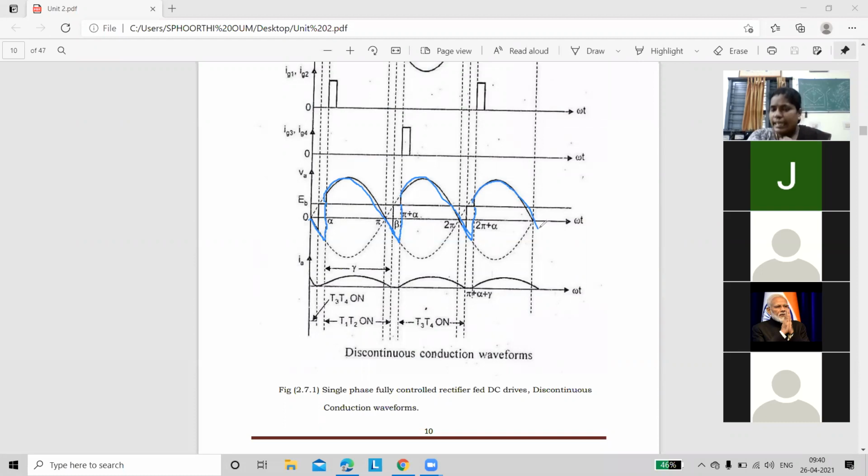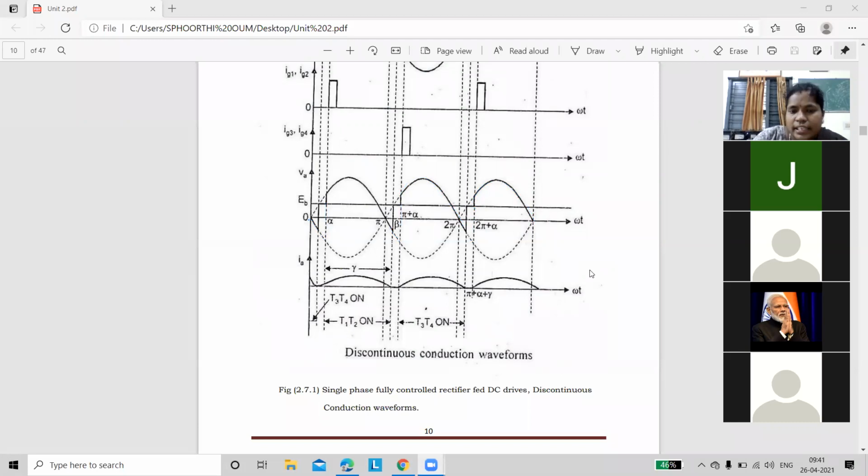For our understanding purpose, I am discussing these three things. It is not necessary for you to write them in the exams, how you are going to change continuous to discontinuous or discontinuous to continuous. It is only for the sake of our convenience. Next, the first thing is completed. That means we have discussed the discontinuous waveforms, and next we have to analyze and draw the continuous waveforms also. For continuous waveforms, is our firing angle alpha more than 90 or less than 90? So we'll go for that.